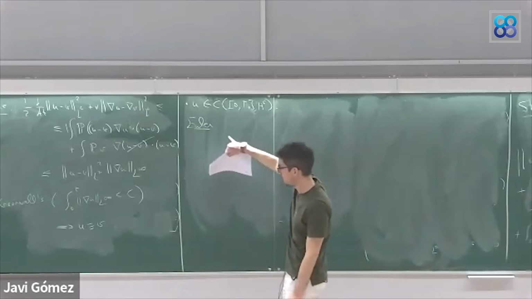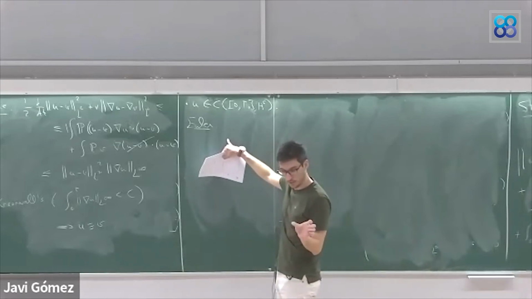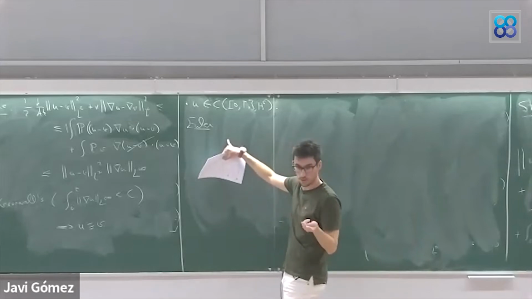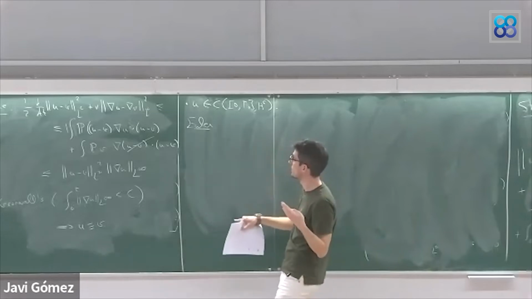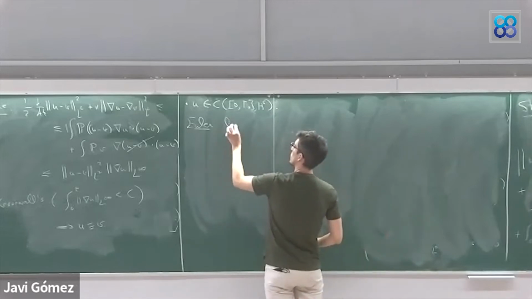So for Euler, things simplify because the equation is translation invariant in time, so we can just prove it at time 0, and also the equation is time reversible, so we can study the continuity just from the right. So we just need to prove